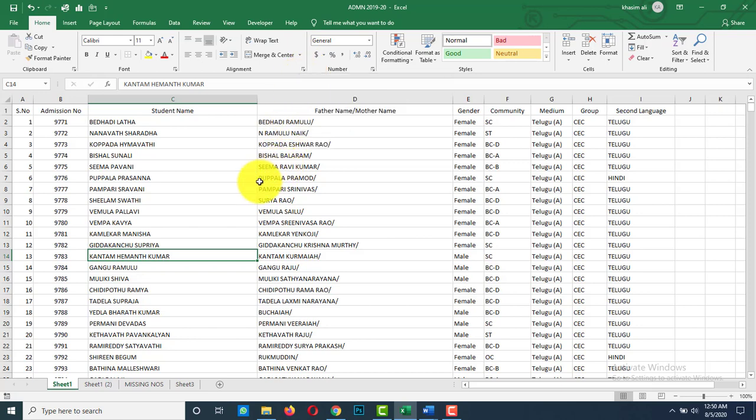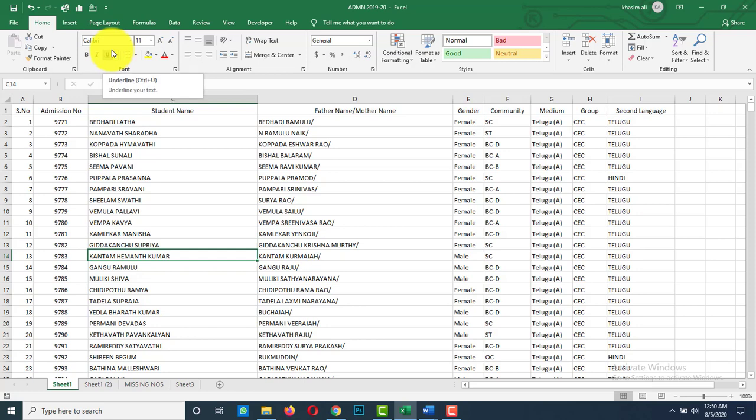Formatting changes can be applied to a whole worksheet or a range of cells within a worksheet or individual cells, and sometimes even text within a cell. First we will see the font group. The first option is text style, the font style. By default, the font of each workbook is set to Calibri and size is set to 11.